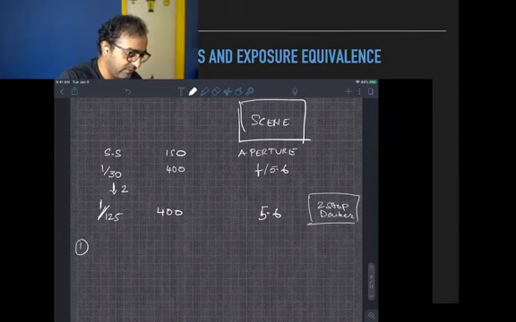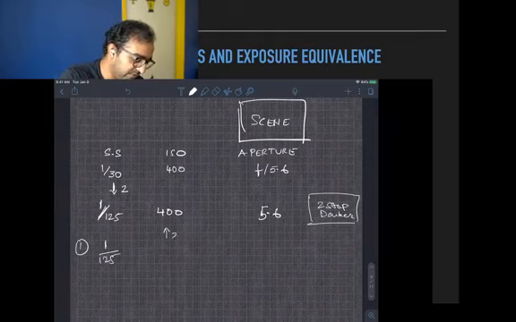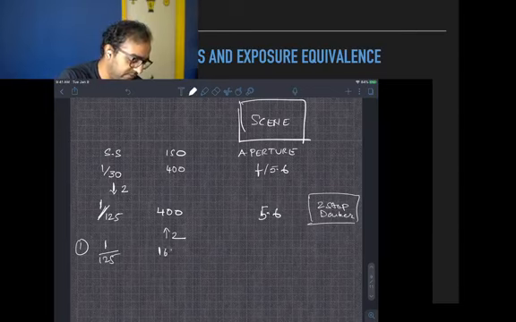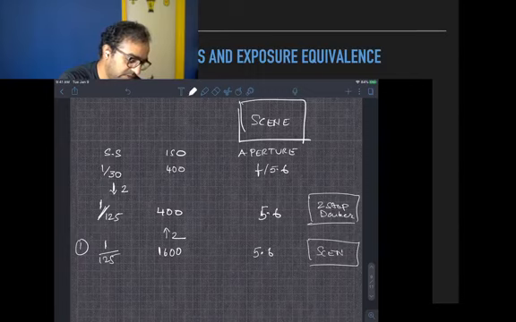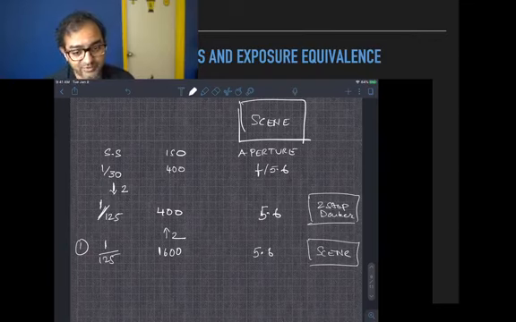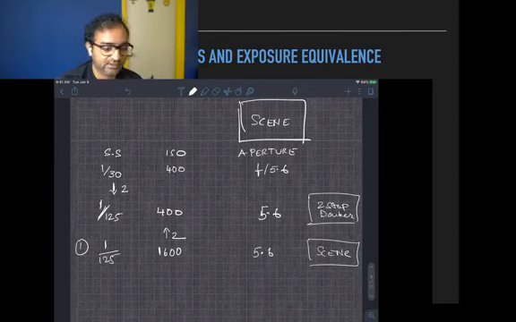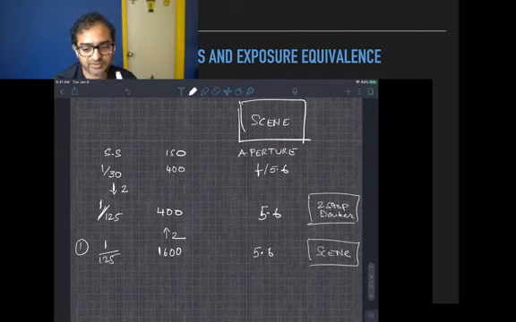The first way is I keep the shutter speed the same, I go up two stops in ISO, so I go from 400 to 800, from 800 to 1600, and I leave the aperture the same. And this scene is equivalent to the original scene in exposure. In exposure, please remember, what I'm talking about is the brightness of the scene. I'm not talking about whether it looks the same. The reason I increase the shutter speed is to stop movement, right? Because I stop movement, the photo obviously will look a little different, but the brightness of the photo will be the same.